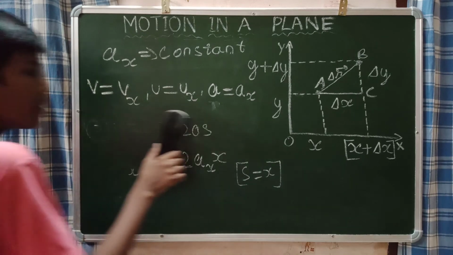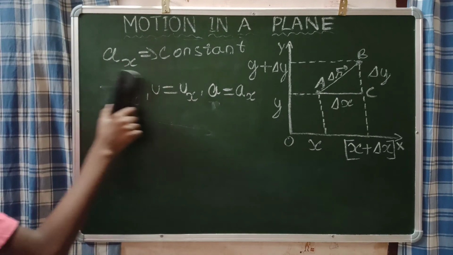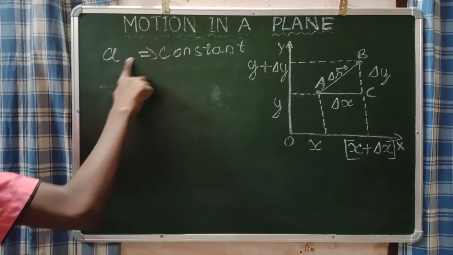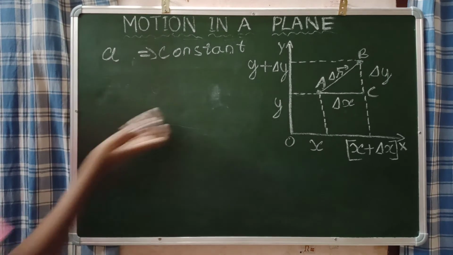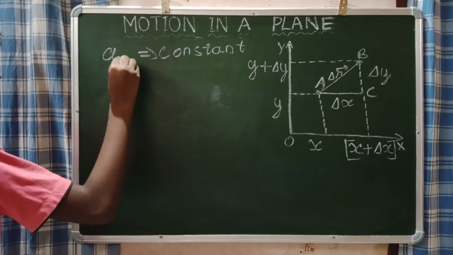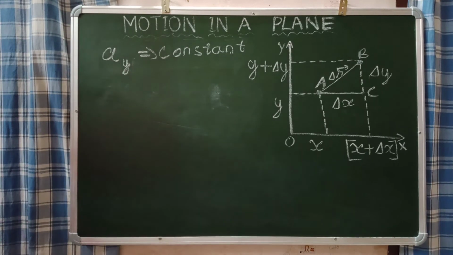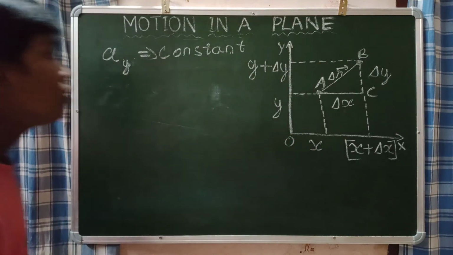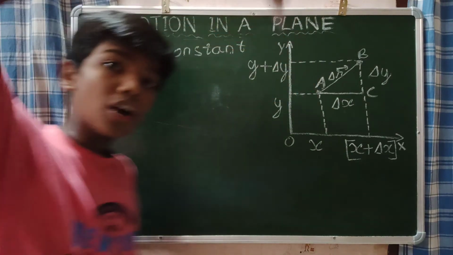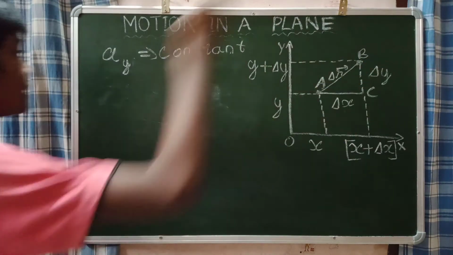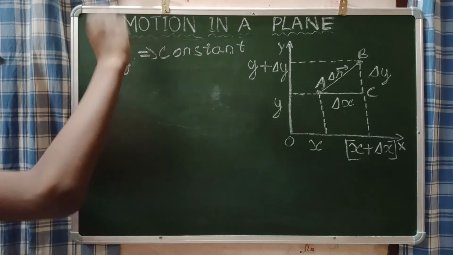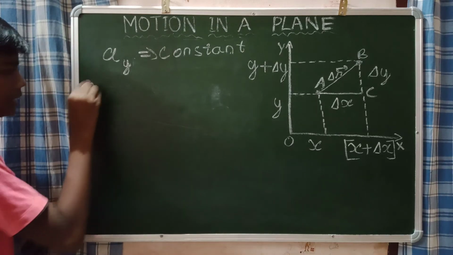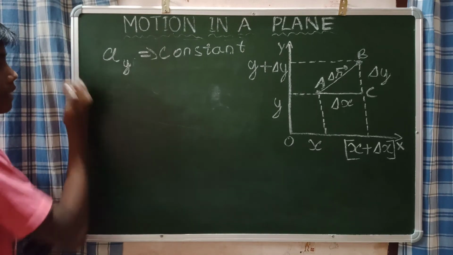Now let us move on to our y component. If we say the y component of kinematic equation, you should say that the acceleration of y is constant. That is the concept, and you need to understand it, guys. So if you are saying the y component of kinematic equation, then this y component of acceleration will be constant. Now derive the first equation. Before that I will give the parameters.